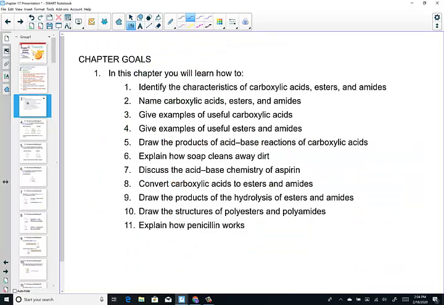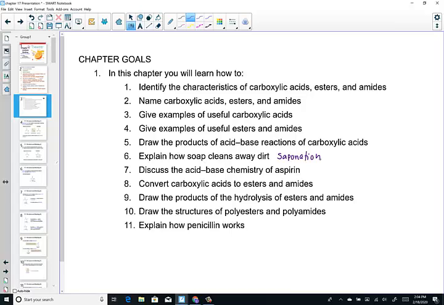These are our learning goals for our chapter. I want you to be able to identify the characteristics of carboxylic acids, esters, and amides. We'll have to practice nomenclature. We'll give useful examples of all three functional groups. We'll draw acid-base reactions for those carboxylic acids. Saponification. This is actually part of a lab goal as well in